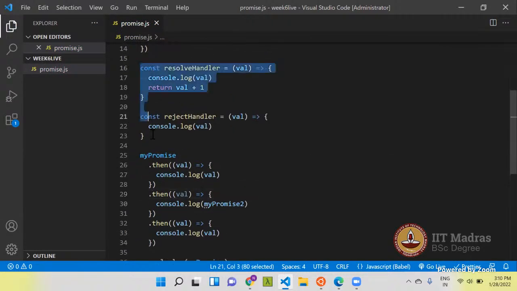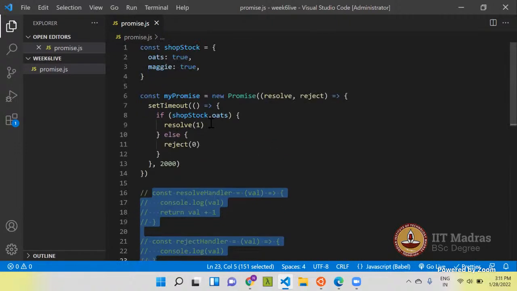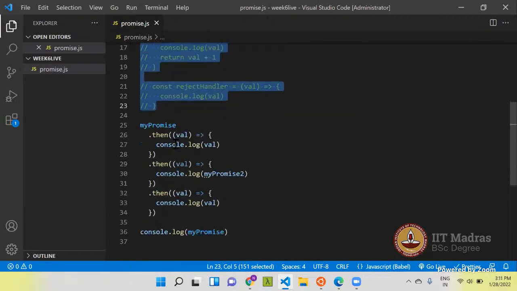So for now, let's forget about these things. You have a promise, and if you pass only one callback function to my promise, then it will be called only when the promise gets resolved.